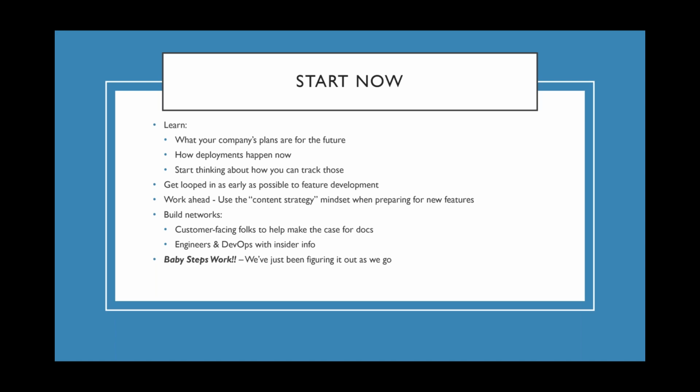So I want to conclude by just going over what I've talked about so far. I think that it's important to start now to learn what your company's plans are for the future, how deployments currently happen, and you might even start thinking about how you can track those now so that you've got that muscle memory as the pace starts to increase. I definitely recommend getting looped in a lot earlier to feature development and start building your understanding of the feature and the business value that the feature is offering sooner, and building documentation assets that help